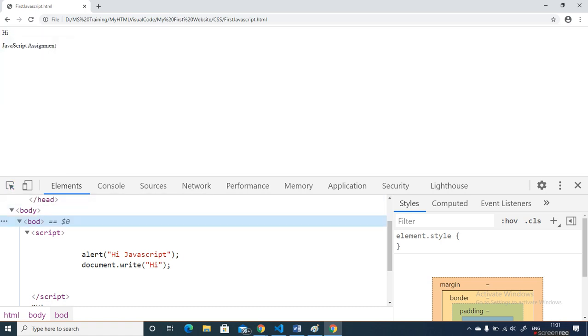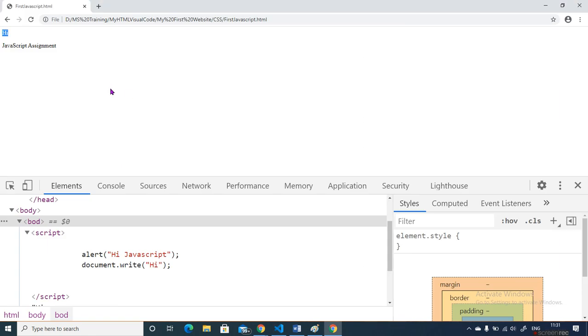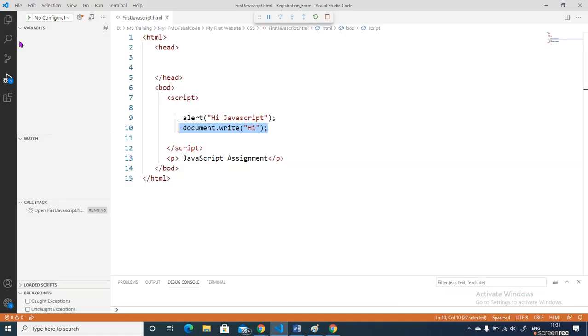This hi is one of the HTML tags that automatically appears here. I have not written p or h or anything here, but still that thing appears. Why? Because I have added it dynamically.